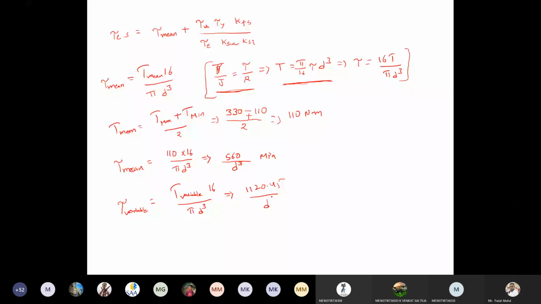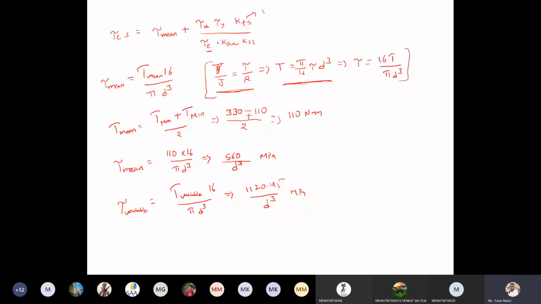Okay. And what is the additional thing here in this equation? The variable we calculated, the yield strength is given. Okay. And what is the Kf value here? The Kf value in this case is also 1. Okay. Shear, see this one. This means the endurance limit in shear. So what is the relation for endurance limit in shear?